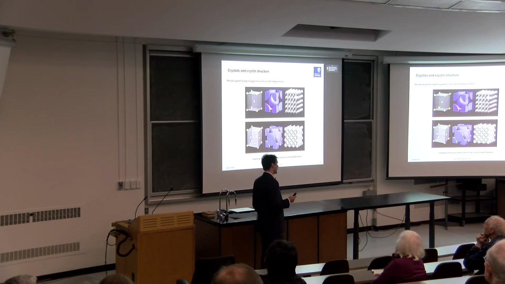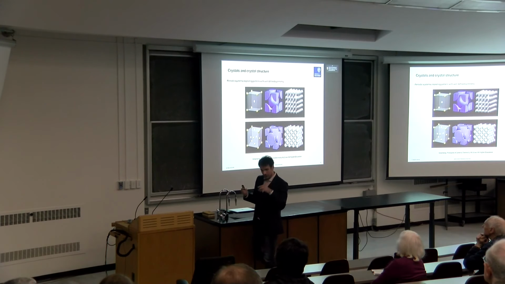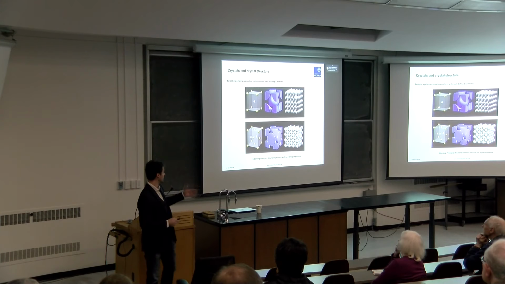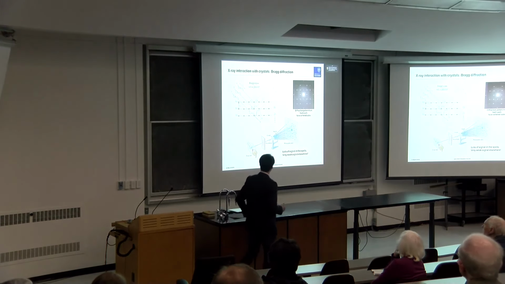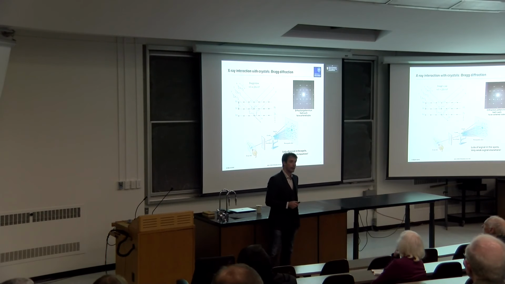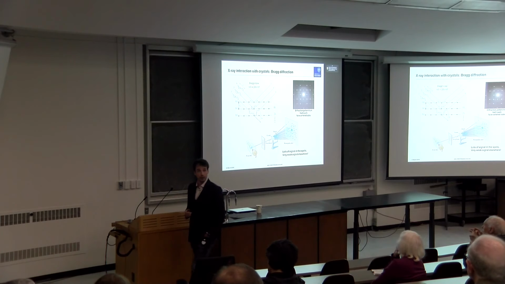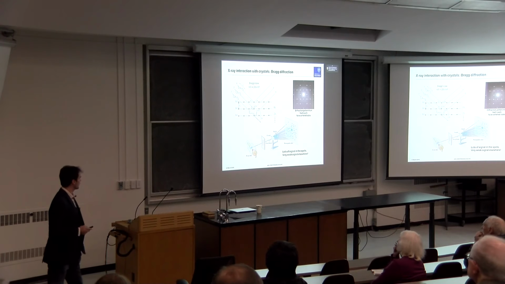Okay, so when you have a single atom, of course, that's all that can happen. There's a very interesting thing that happens when you have an array of atoms, right? So when you have a lattice. So this is, again, a fairly simple slide, right? But the idea is that if you have a whole bunch of atoms stacked in a periodic system, so you get a crystal or something like this, then you can get a very nice type of scattering, which is also known as Bragg diffraction. And this is the basis of most of crystallography in biochemistry and in biology and so on. It's the way most people understand how most things are made of. So it's a very, very interesting process.